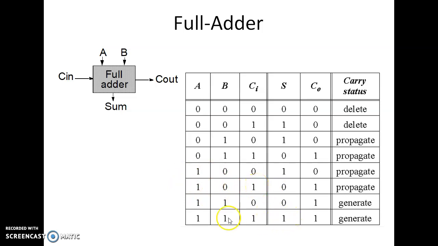So we can see this case here. XOR operation is 0 because A, B equal give XOR 0. If A is 1, B is 1, XOR operation will become 0. Then if carry is 1, we get a sum as 1. So like that we can generate the sum and carry using these equations. So we need to definitely remember delete, propagate, generate, and with that we can analyze the output carry and sum. Hope you all understood. Thank you.